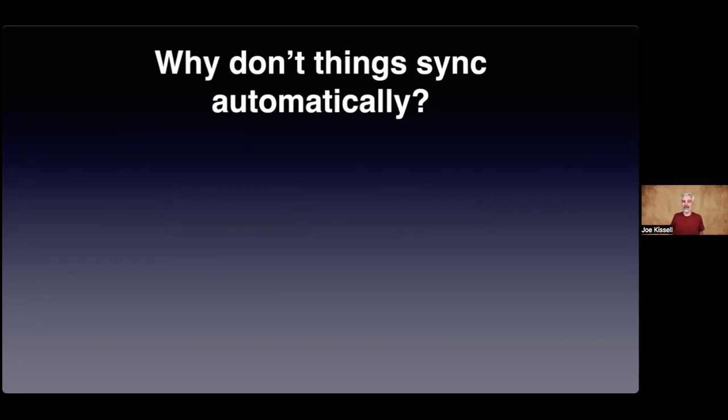Why don't things sync? Whatever it is, maybe it's my email, maybe it's a document in iCloud Drive, maybe it's a photo that I took. Why don't things sync the way they should? And I just want to start by reiterating what I said before, that Apple doesn't give you any control over the syncing or any visibility. It's not going to say, here are the 95 photos queued up, and this one's going to be next, and watch the progress bar. You don't know. You just know something is syncing, but I can't say sync now, and I can't say don't sync this. You can't control it.